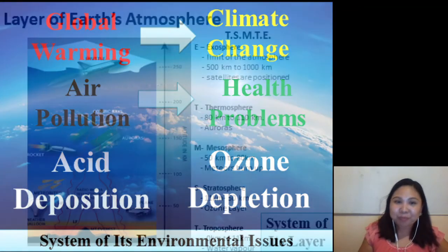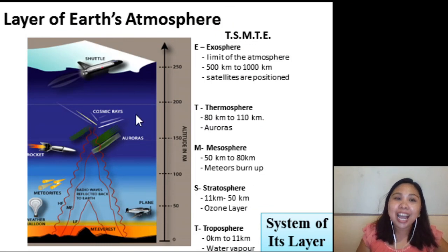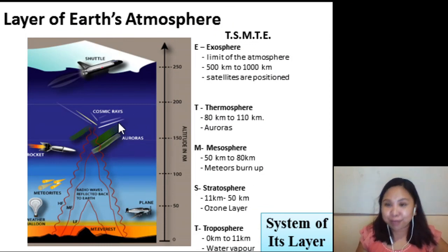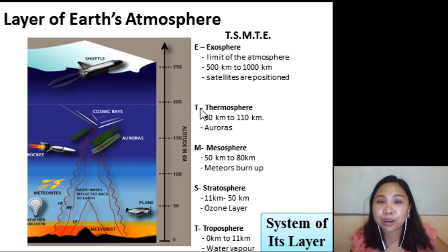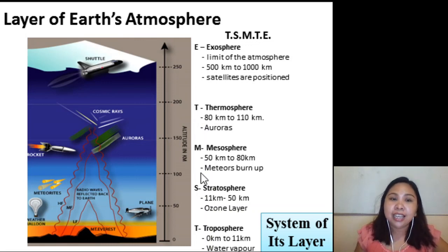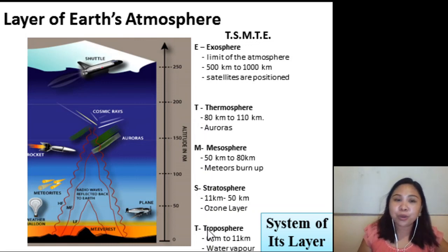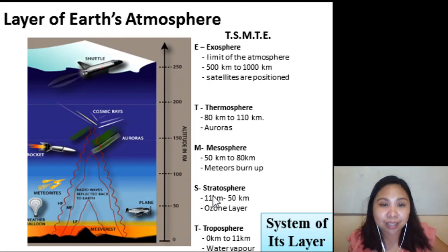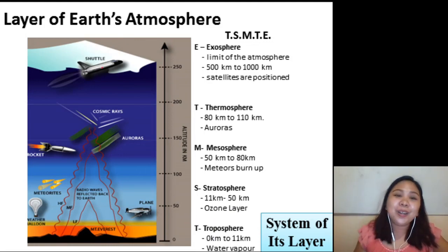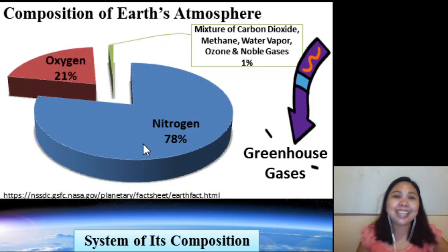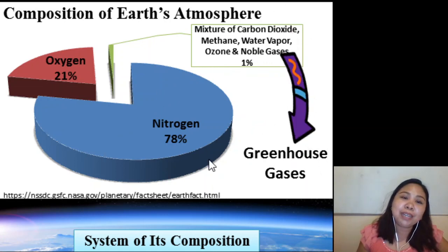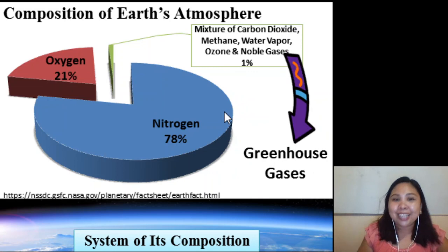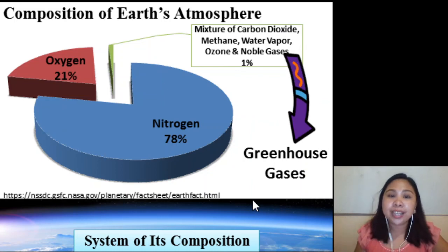Okay? Also, to give you a recap, in this discussion, I discussed the different layers of atmosphere. Don't forget the mnemonics, TSMT, troposphere, strato, meso, thermo, and exosphere. So, these are the different layers. Dito matatagpuan sa tropo ang bad ozone, yung good ozone matatagpuan sa stratosphere. Okay, don't forget that. Okay, so we also discuss the composition of the Earth's atmosphere. So, particularly, binigyan natin ng diin etong 1%. So, etong greenhouse gases because this 1% plays a significant role in our environment.